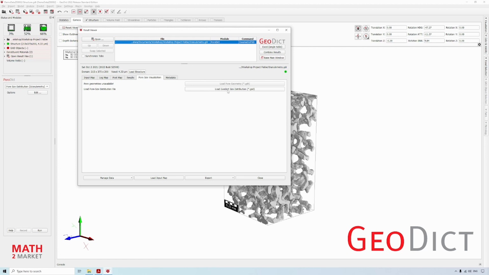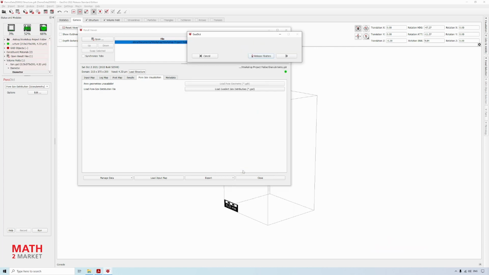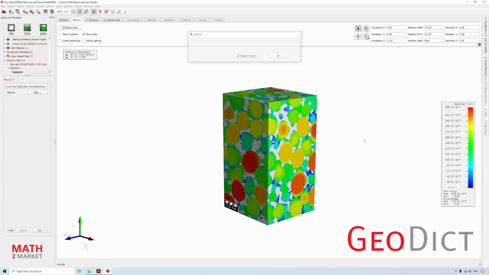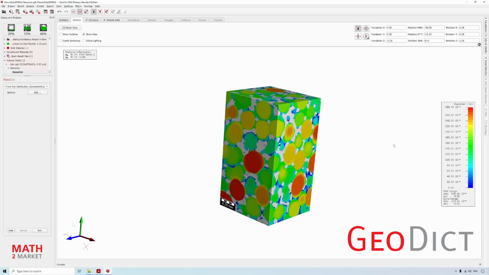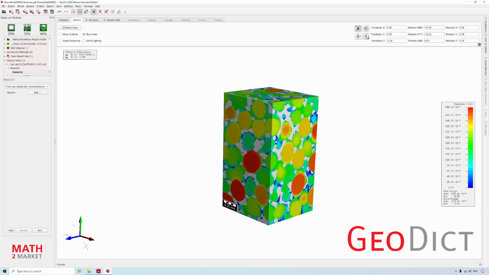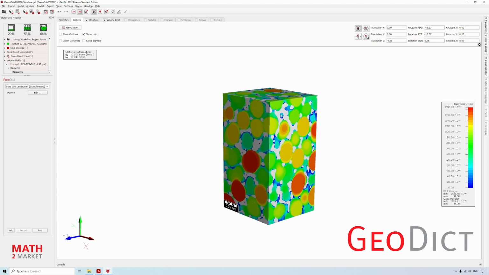We click Load GeoDict Size Distribution and we click OK. And we see the structure with the pore sizes visualized in the structure. Blue means the structure's pore size is very low, and red means we have a large pore size.